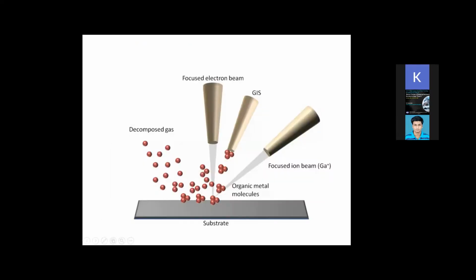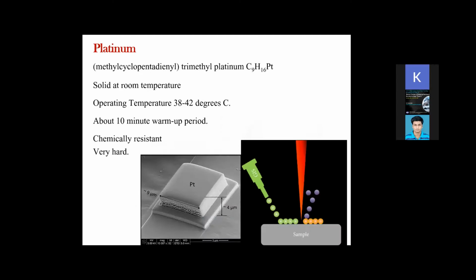So this is the same schematic. The very common thing that is deposited using this system is platinum, and the source that is used is trimethyl platinum. It is not a pure platinum. Obviously, pure platinum is not a gaseous system at room temperature. If you make it a gaseous platinum, then you have to go for a very high temperature, and that is not technically possible in such a type of vacuum system.